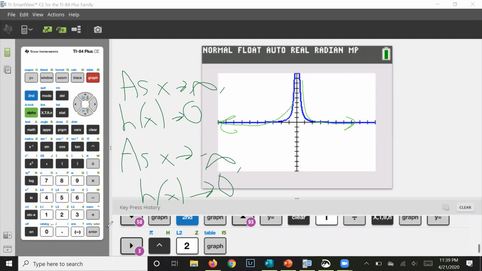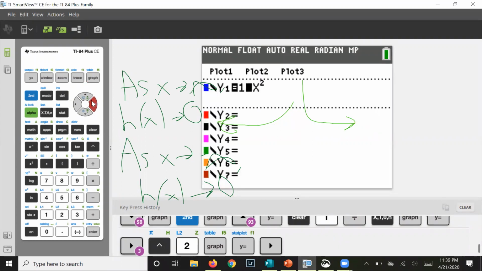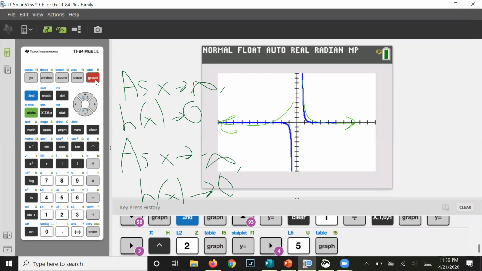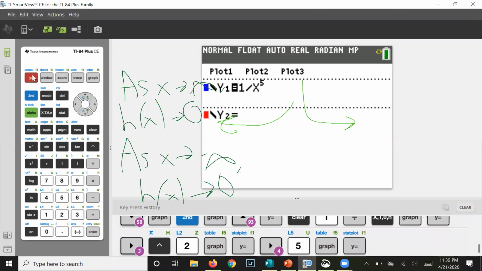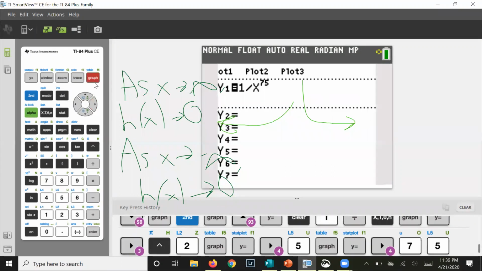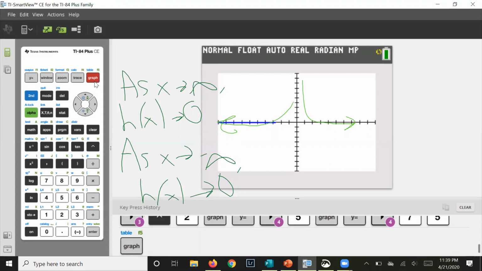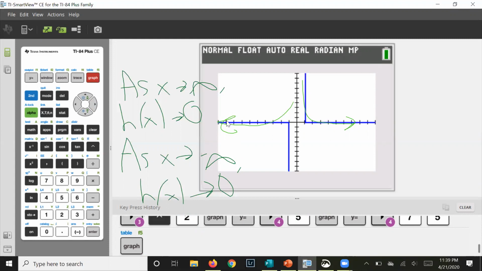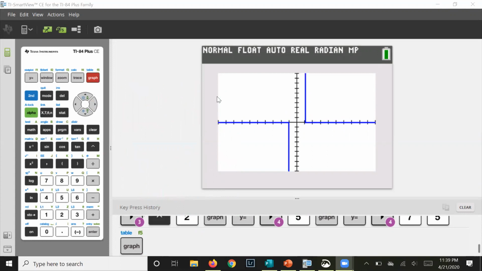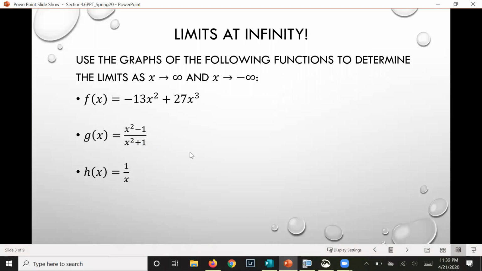What if I try another higher exponent? So what if I do something like, say, 1 over x to the 5th? Well, it still looks like we see that same pattern, right? It's going towards 0 in each direction. Let's try one more. Let's say we do 1 over x to, say, the 75th power. So the picture of the graph has changed a little bit, but notice it still is going towards 0 in each direction. Okay? And that one is really significant to us because, if I go back to my PowerPoint here,